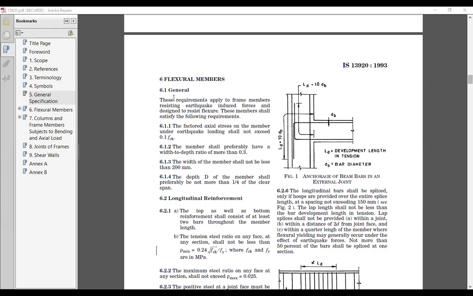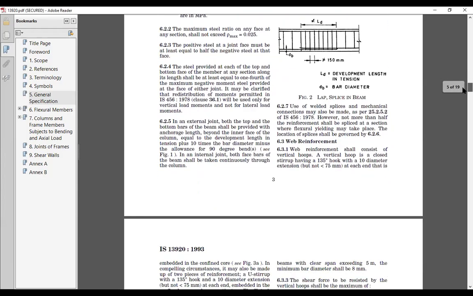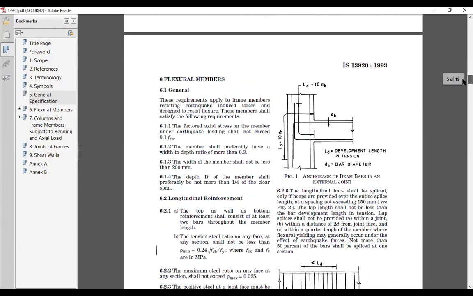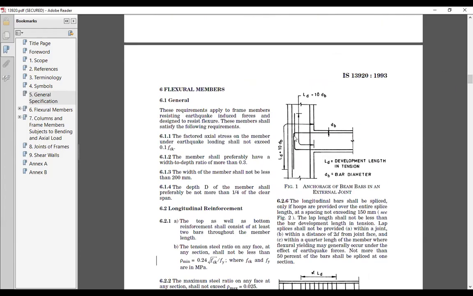So next topic is flexural members. For flexural members again we have these clauses. Basically these clauses are for the joint spacing, which I've just mentioned, and the curtailment: at what point to curtail and how much to curtail. So here you can see for flexural members,